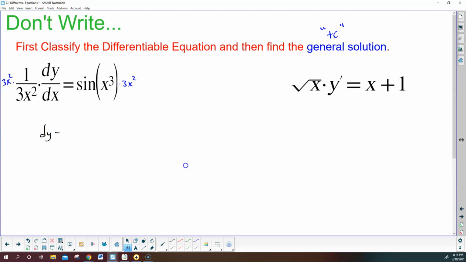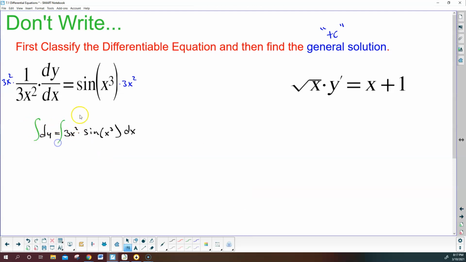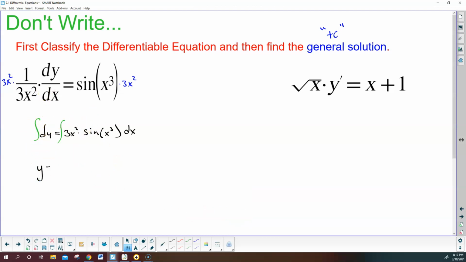So that leaves me with dy. I will move this dx over in a second. And then I'm going to put this out front because that's most likely how it would be written anyways. And then this dx, we're going to bring over to this side. And hopefully this is familiar. Your last unit, we tested on this. Because now, what do I have to do? I have to find the solution. I have to undo the derivative, which is the integral. So I get y equals, and then we run into a slight problem,